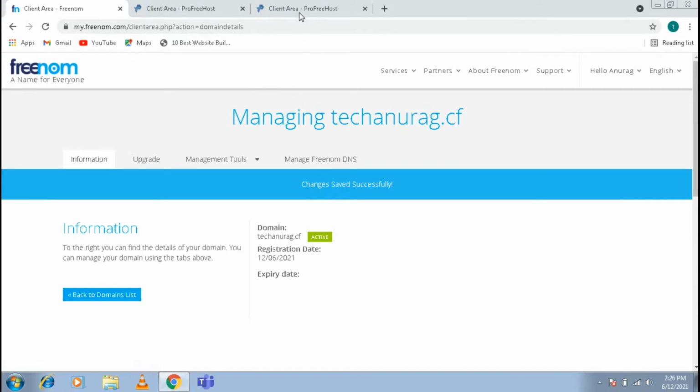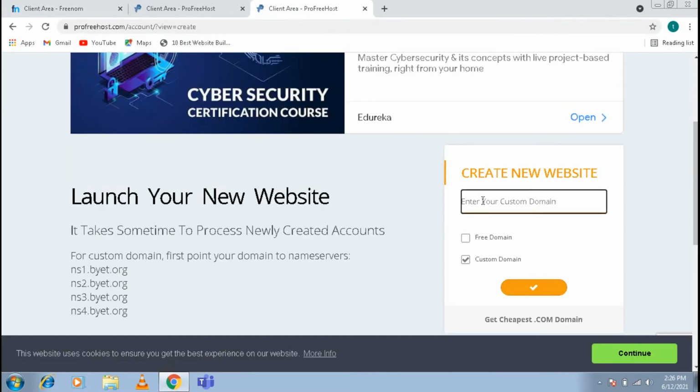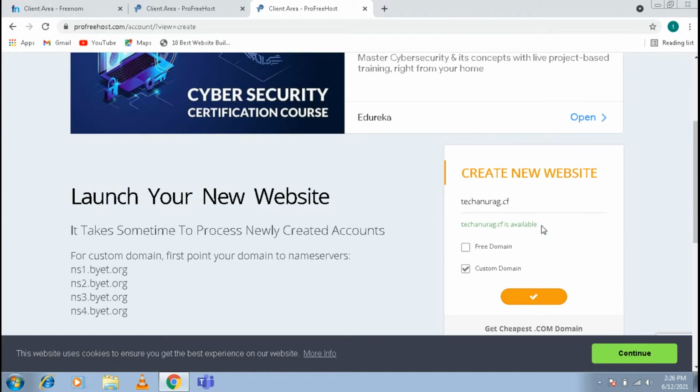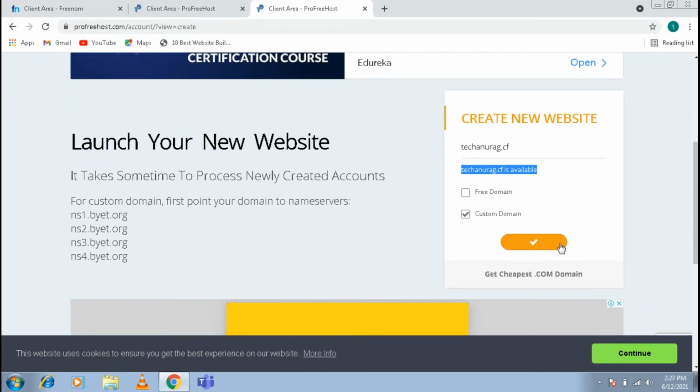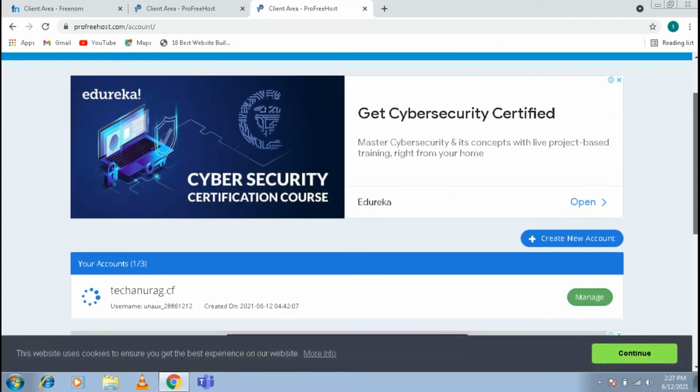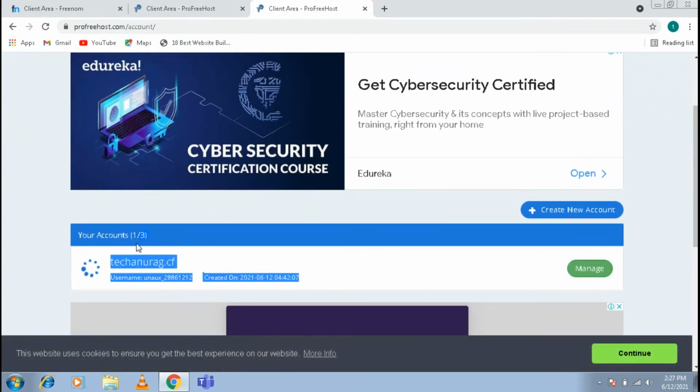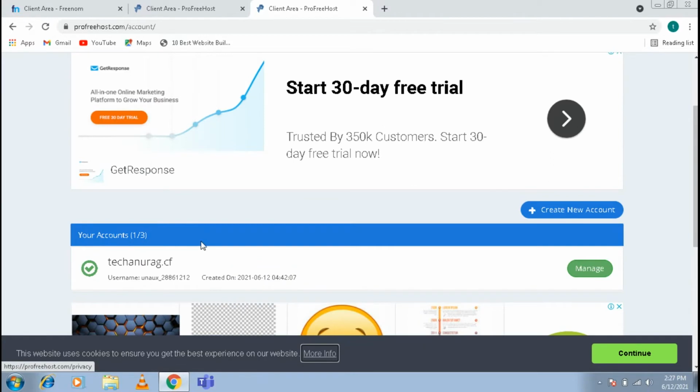And now again go on the ProFreeHost client area and enter your domain name which you have registered. I have put the domain here and it is checking the availability. This domain is available. So click on the tick button. Now it is loading, and it has been loaded. You may see here our account is being verified by the hosting. After some time, you may see your account is verified, and click on manage,